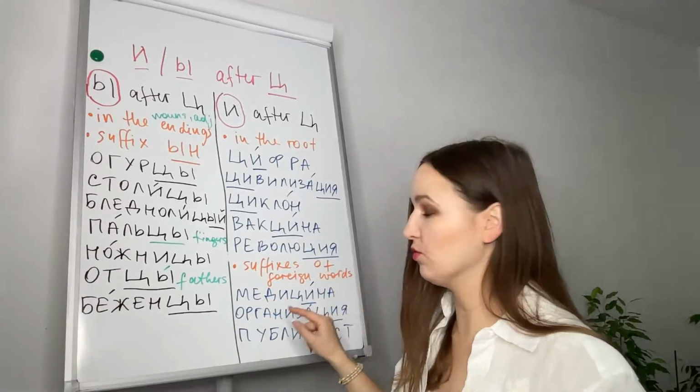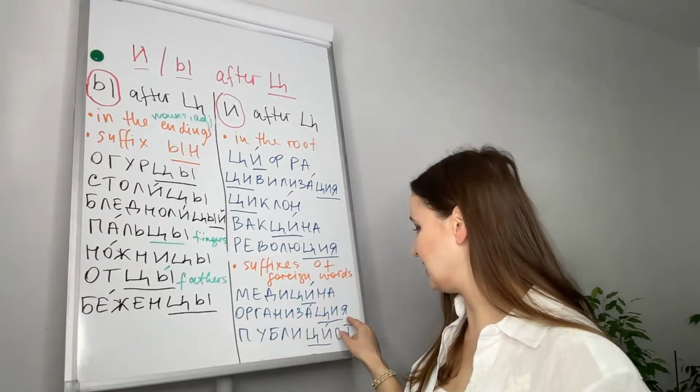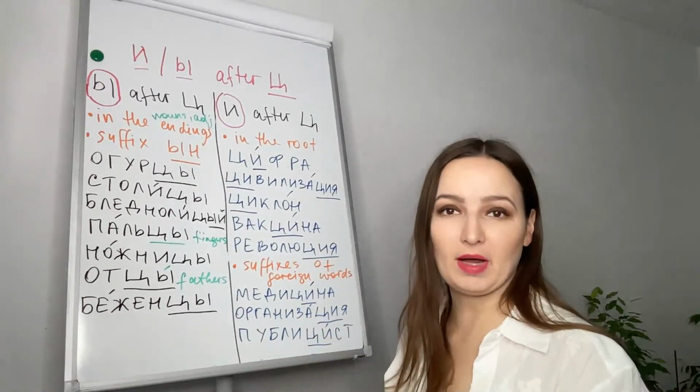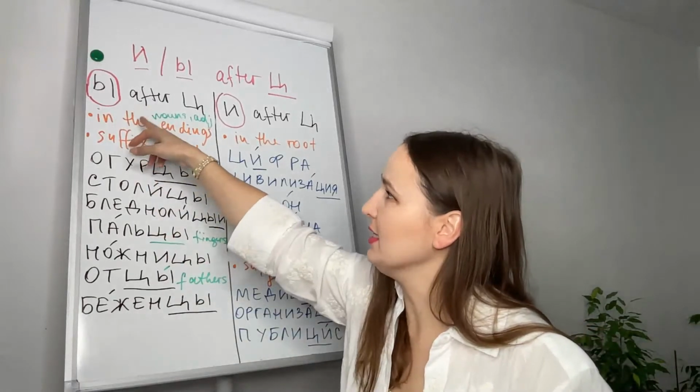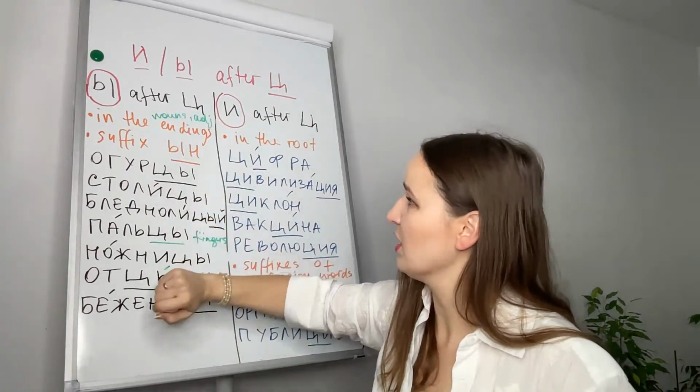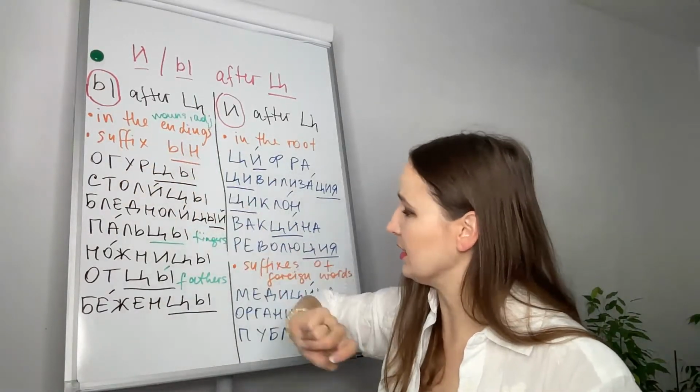Медицина, foreign word. Организация, organization. Публицист, publisher. And we will write И after Ц in the endings of nouns and adjectives, or when we have the suffix -ин, like